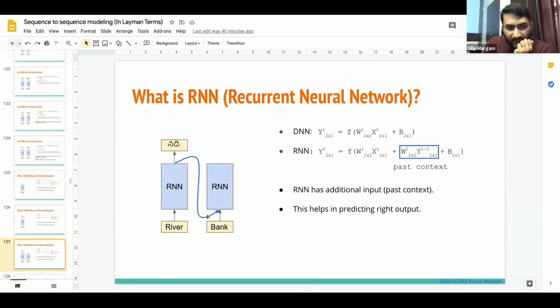This blue arrow indicates the past context, and bank is the current input. When both are given, it will predict the right output, which is Nadi Urdu. So this is how RNN is able to predict the right output by considering the past context, when river bank is translated to Telugu. In Hindi, it will be Nadi ka Kinara, probably.